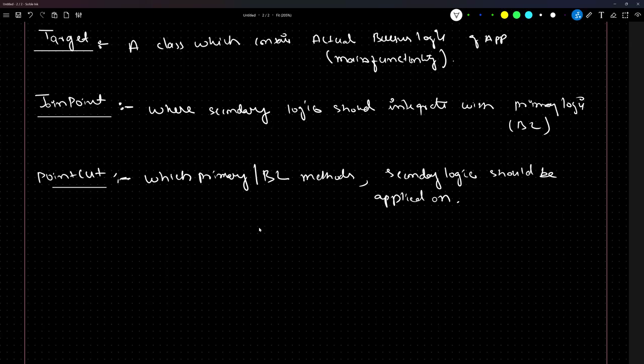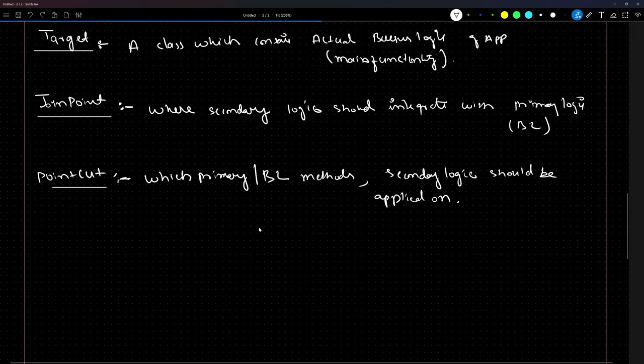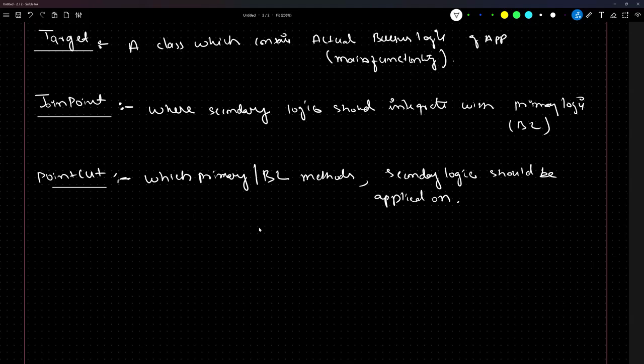What is that point? Is it everywhere you want to apply the AOP concept, whatever secondary logic aspect you have written? Do you want to apply the aspect on every method of your business logic? See, the default nature is, let me add this point here. By default,